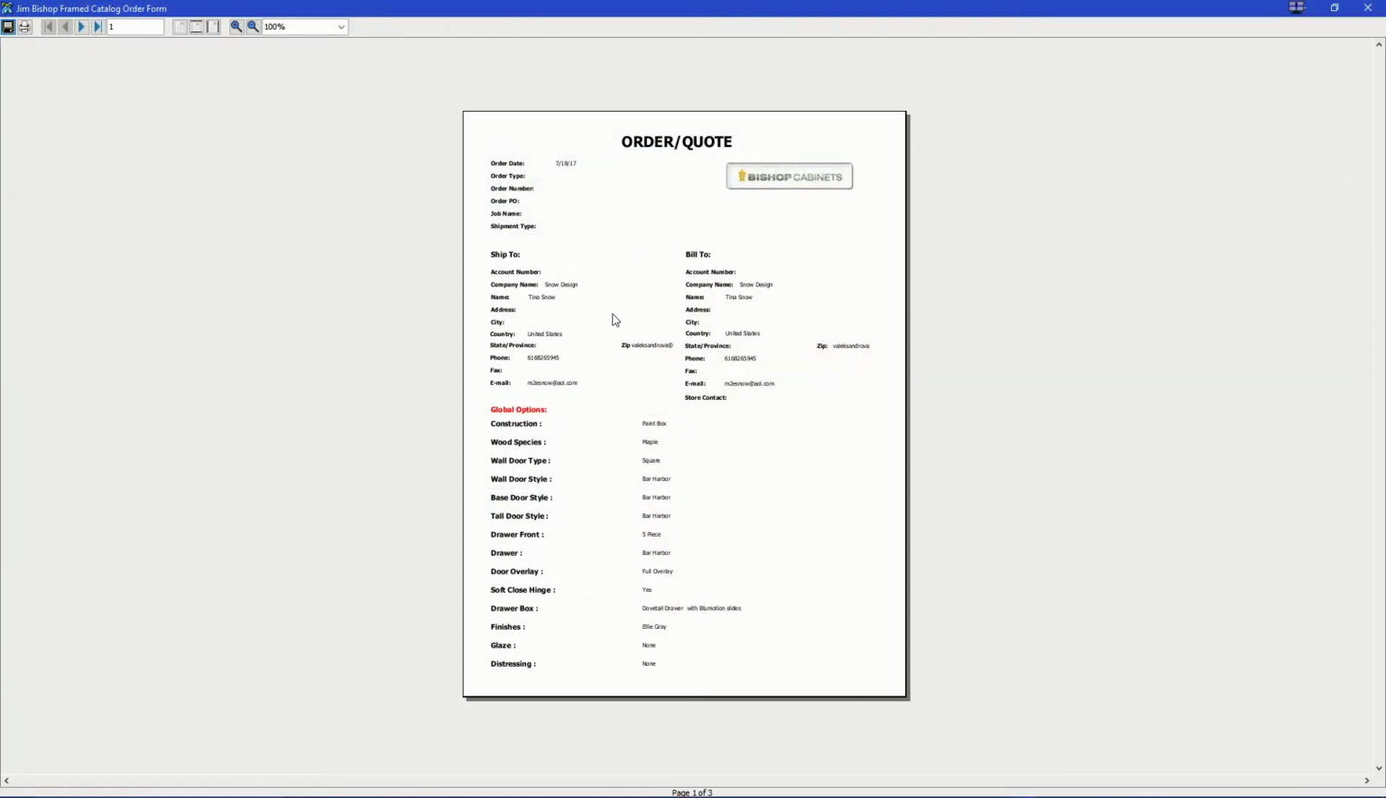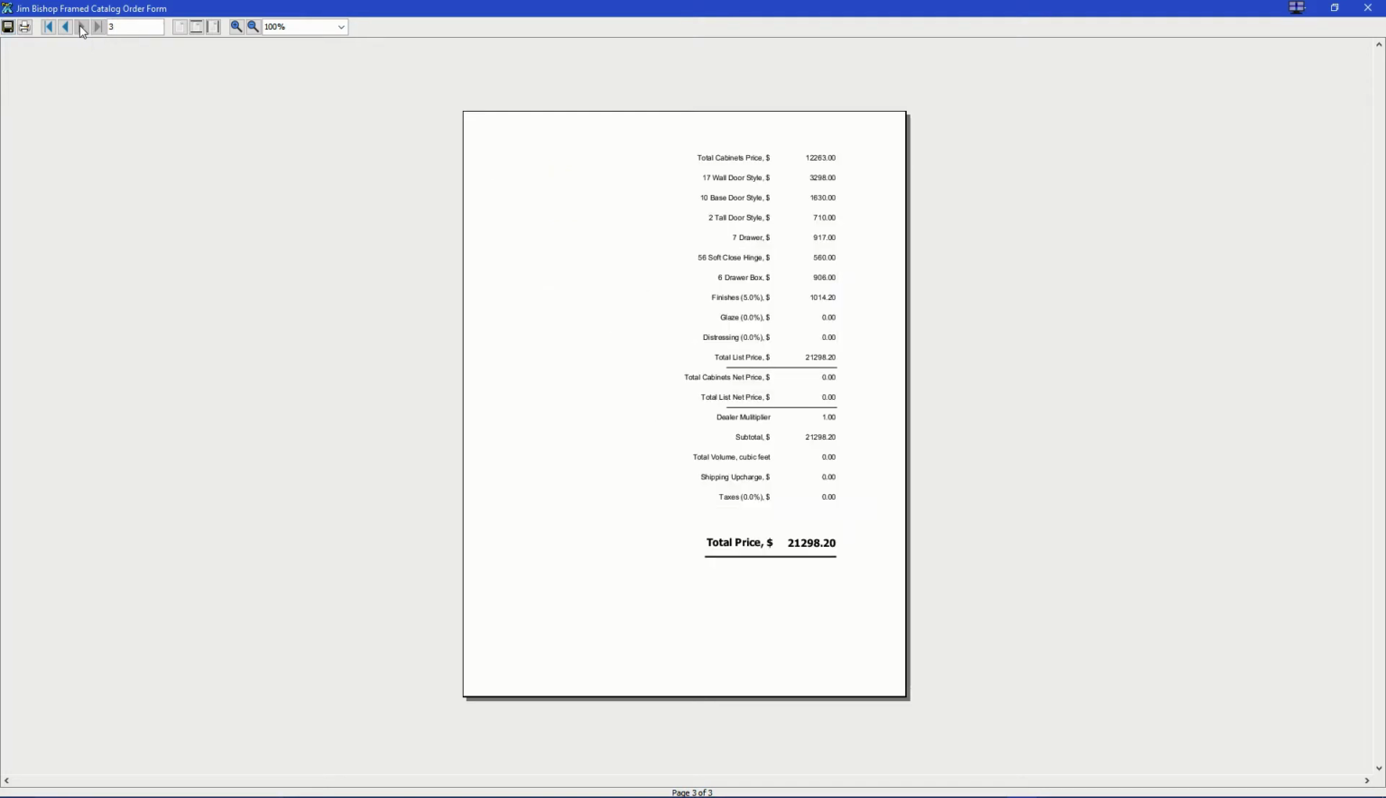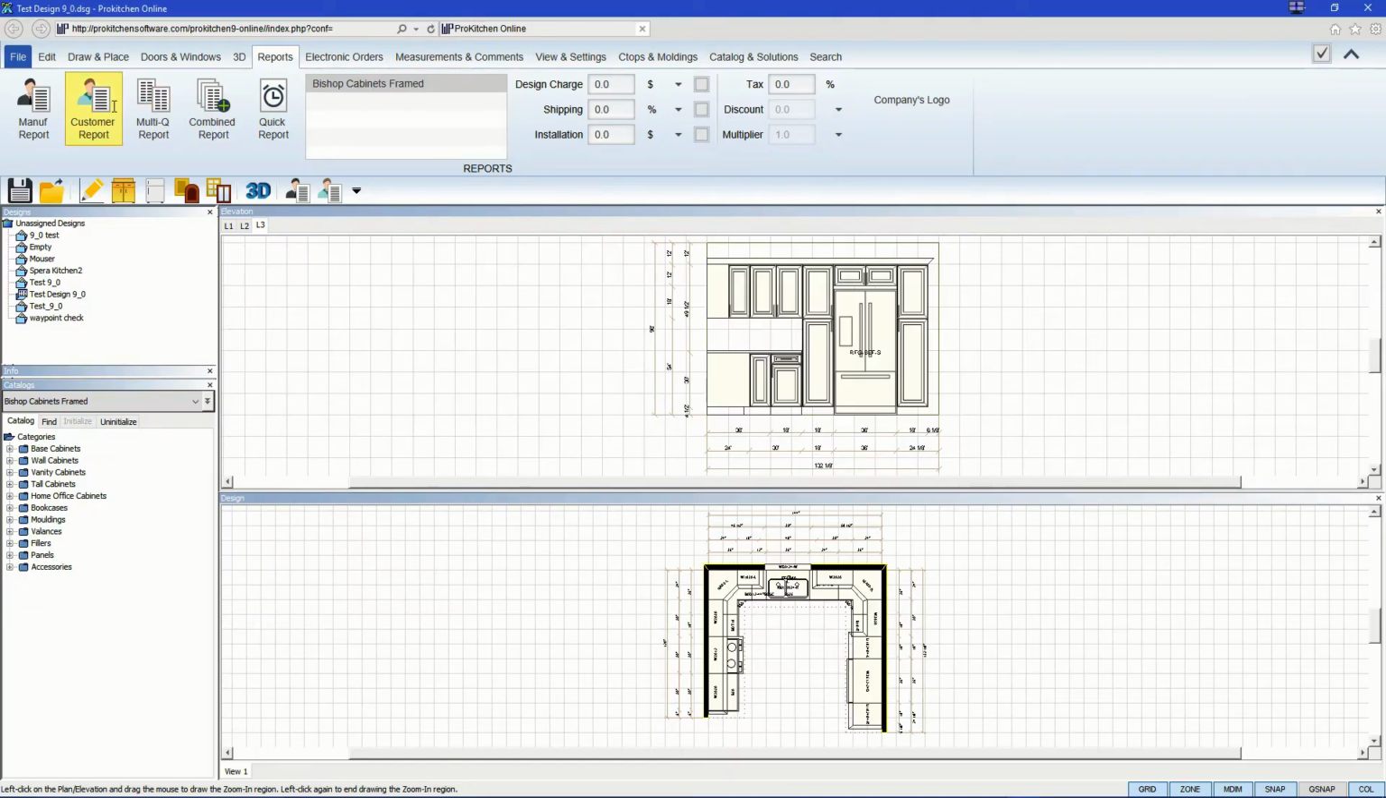Here's your manufacturer's report, giving all your information, your global options, and each description and price of each cabinet, and your total. You will also have a customer's report,